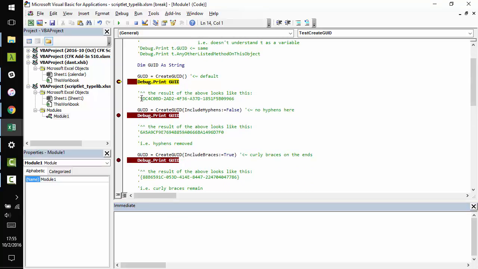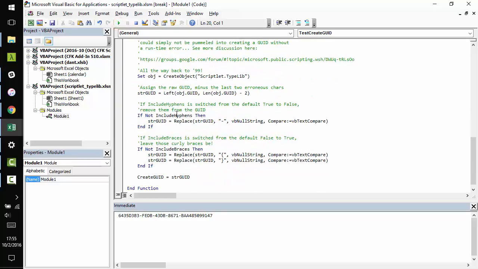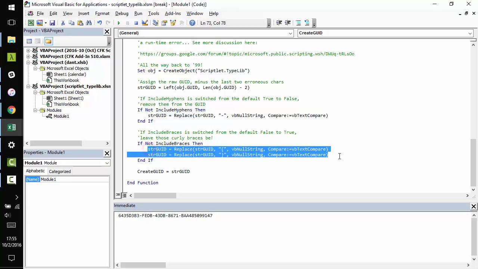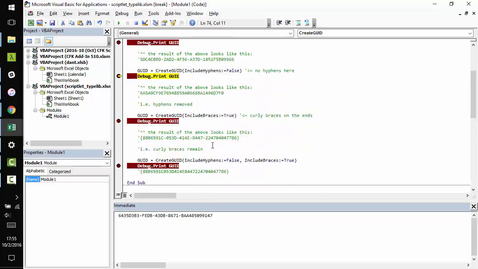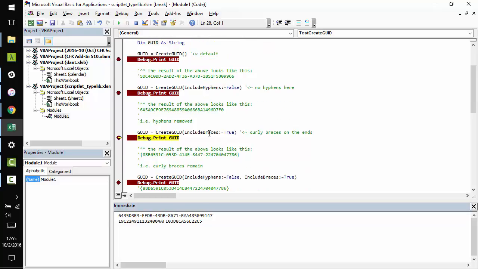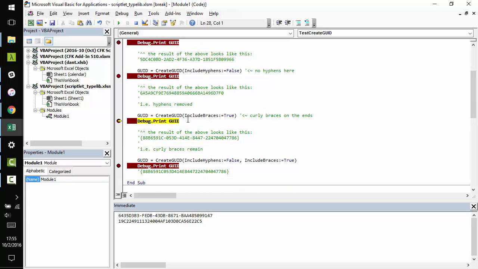Okay, so this first one is going to look like this. No curly braces, but with hyphens, which is great because, again, we didn't change any of the defaults. So this replace statement was not executed, so the hyphens stay in place, and the curly braces, however, are replaced. The next version has include hyphens set to false, so we're going to wind up with something similar to this, just without the hyphens. Awesome, no hyphens, and again, we didn't change the braces default, so the braces are removed as expected. This next version has us leaving braces to true, so in this one, we're going to get braces and hyphens,